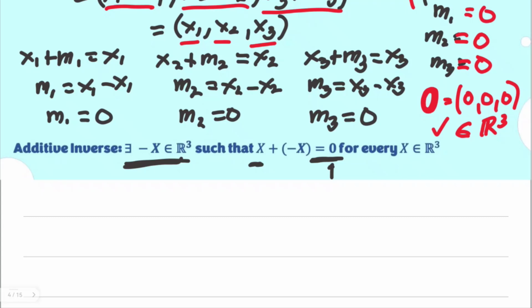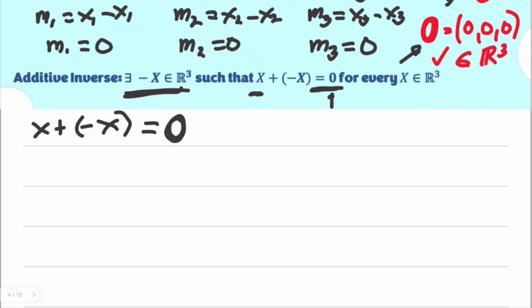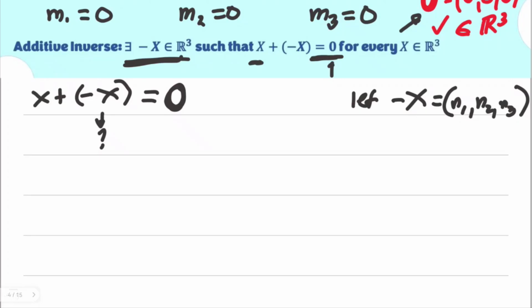So what we're going to show here is again the equation x plus the negative of x must be equal to our zero vector. We're going to show that by using this one here and the components of x identified earlier. In the meantime, let's assume that negative x would have the components of n sub 1, n sub 2, and n sub 3, so that we could actually look for the value of that, and later on connect it with the negative of the vector itself.